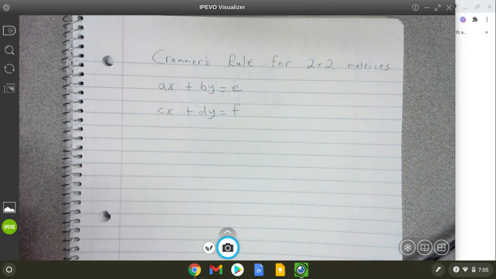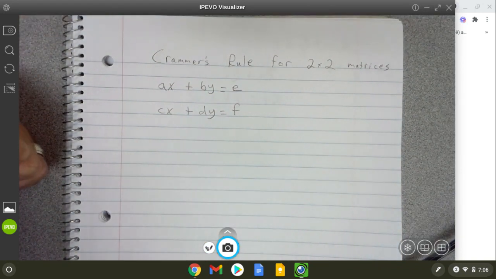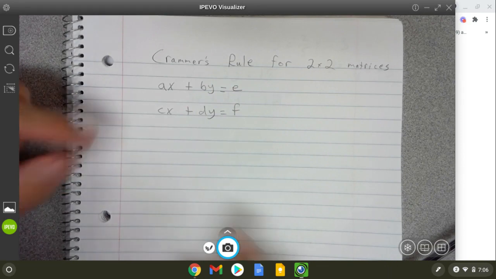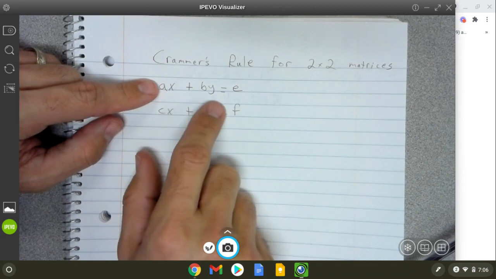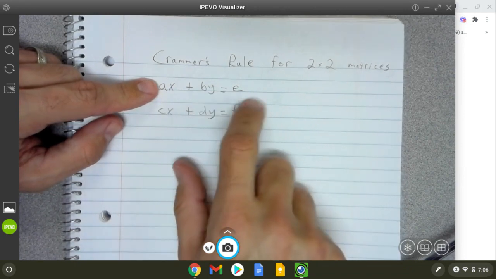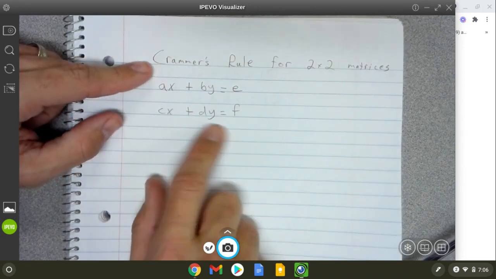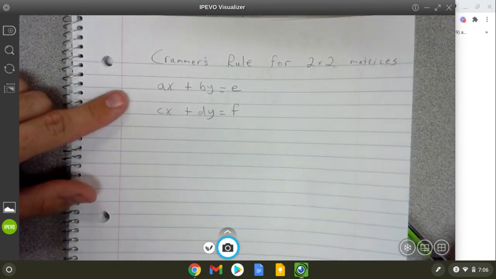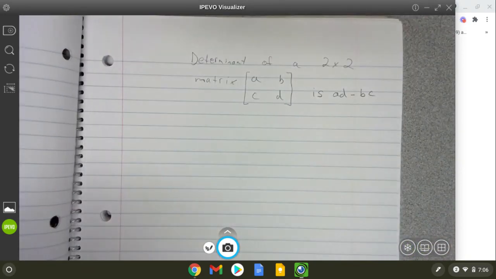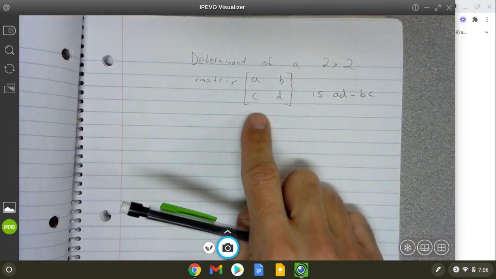Now, I know we've already solved systems by graphing. We've solved them by what they called substitution. Substitution was where you would solve for one of the letters, X or Y, and then take that answer and plug it in for the second equation. Then there was the elimination method, and that's what I'm going to be using here. So I'm going to come back to this, but before I do that, I need to refresh you on the